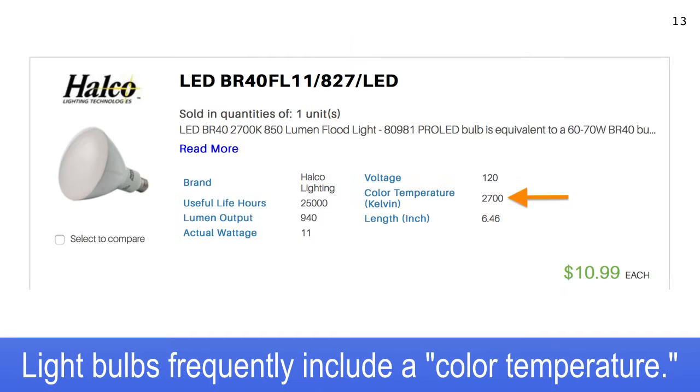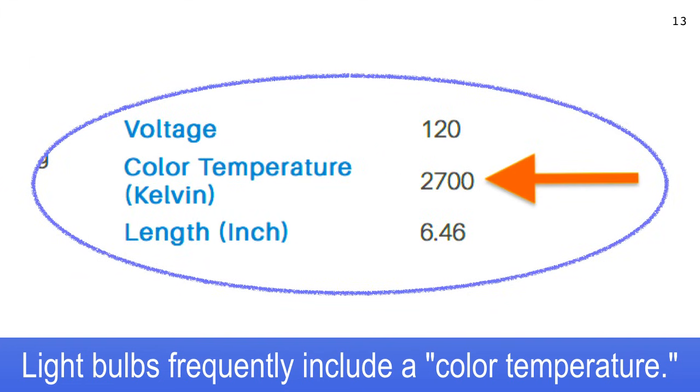Now, here's something I want to bring up to you. This whole idea of temperature doesn't just apply to stars. It applies to anything that's hot. Now this is an LED, so it's not an incandescent source. I just looked up color temperature light bulb on the internet, and this is like the second site that I looked at, somebody called Halco light bulbs. It's an LED light bulb, and if you look at it closely by that red arrow, this is what you see. They have a color temperature